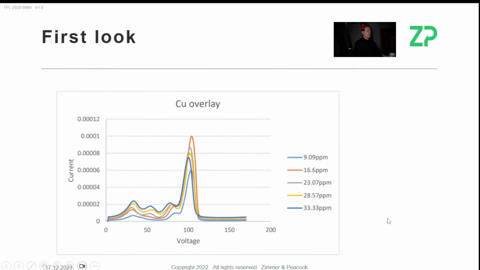Looking at their data, their concern is that they've got multiple peaks. I'm not concerned by this, and I'll try to explain it. But they're also looking at the biggest peak and they've got some concentrations here in ppm, from 9 ppm up to 33 ppm. Their concern is that this is the 9 ppm and this is the 33 ppm. I understand their concern, because they want the peak height or the area under the curve to be proportional to the concentration, which they've measured in parts per million, and it's not.